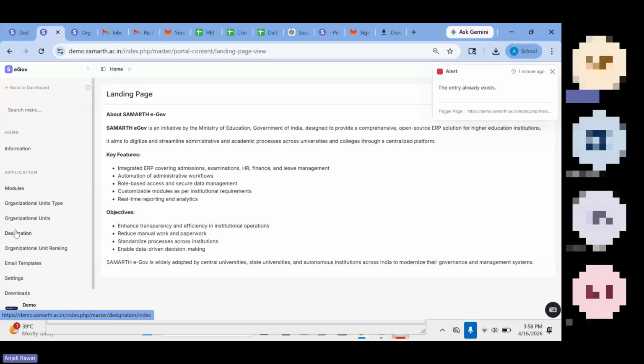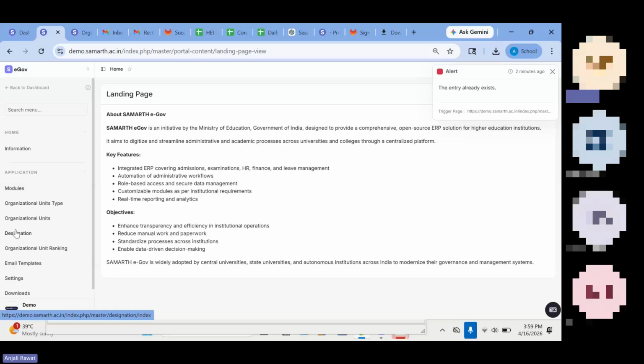Without base configuration, you cannot proceed to the next module. You are not able to directly start using the other modules of Samarth, so it's mandatory. And now if you have any queries related to the base module, you can ask your queries.